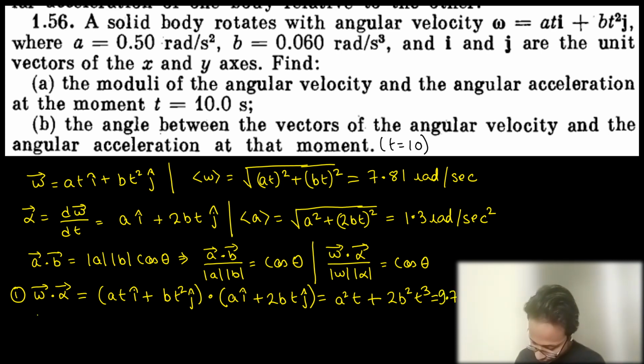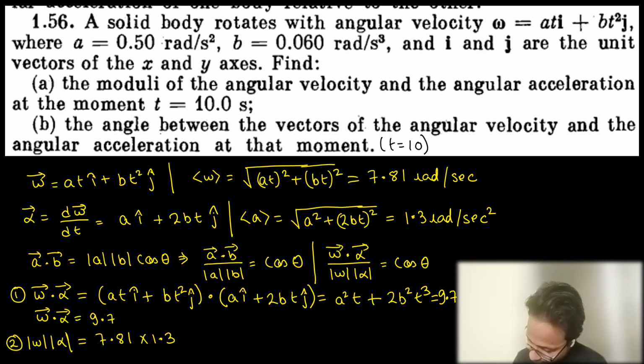So we know that the dot product of omega and alpha at t equals 10 is 9.7. Now the second part of the question: what is the magnitude of omega cross alpha? The magnitude of omega and alpha at t equals 10 is nothing but 7.81 into 1.3, which is equal to